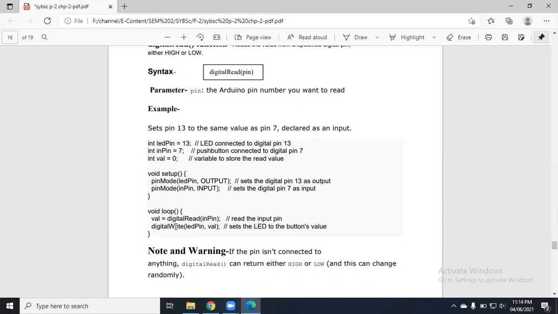Now there is one warning you can say, or note you can say. In case of Arduino, if you are defining one pin in software and if you are not using that pin while actually performing the hardware, then the value of that pin will be considered random, either 0 or 1. It is not constant. Okay.